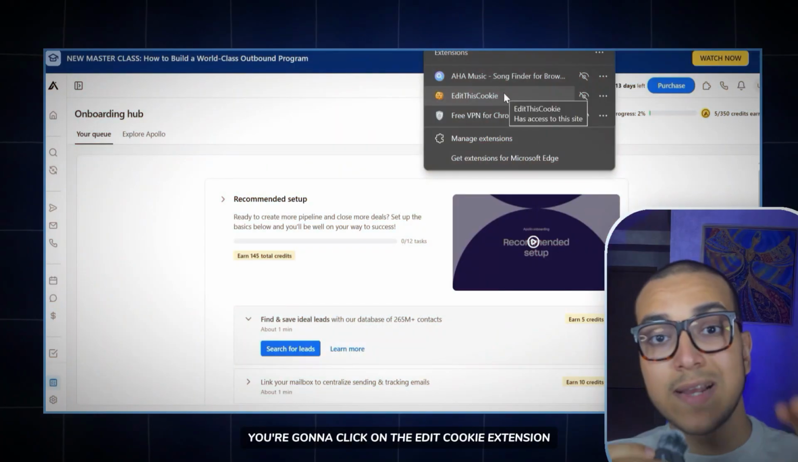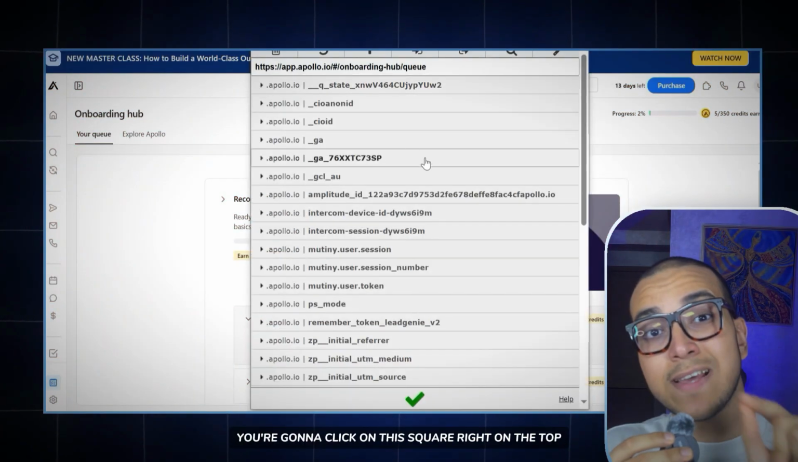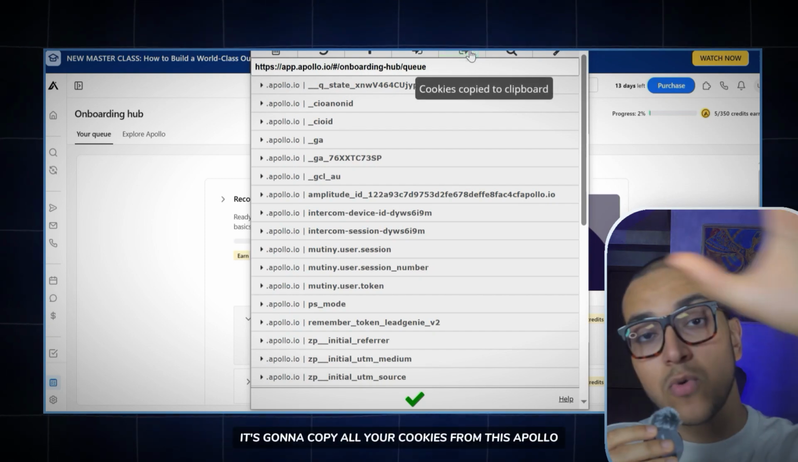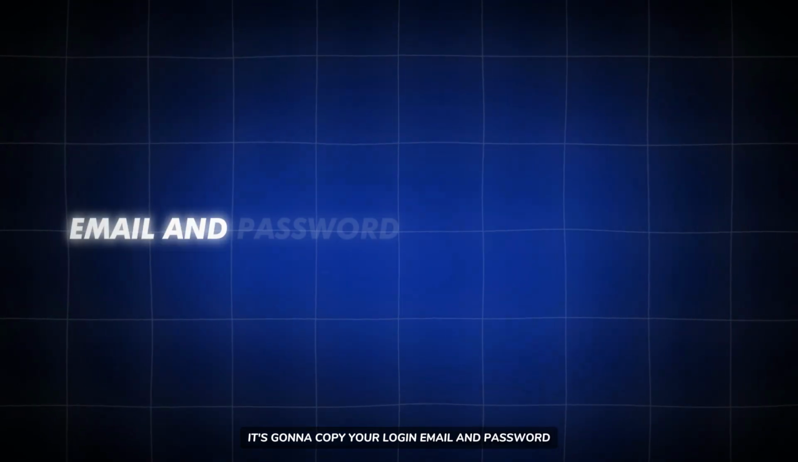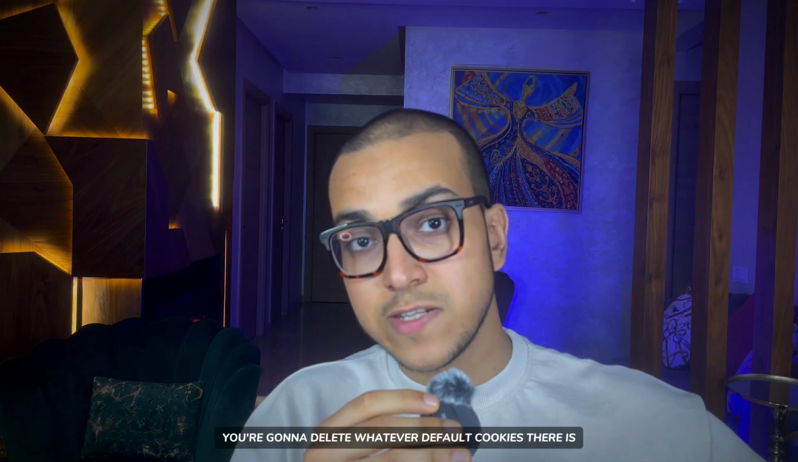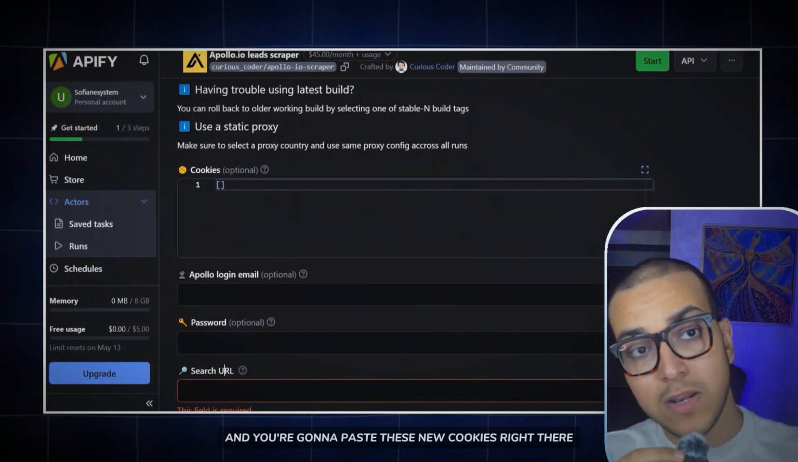Once you create your Apollo free trial, you're inside your Apollo account. You're going to click on the Edit Cookies extension, and click on this square right at the top. By clicking on this square, it's going to copy all your cookies from Apollo. Another way of saying it, it's going to copy your login email and password, the techie way, right? You're going to delete whatever default cookies there are on the scraper in Apify, and you're going to paste